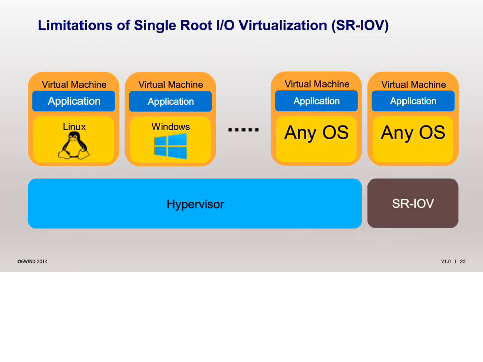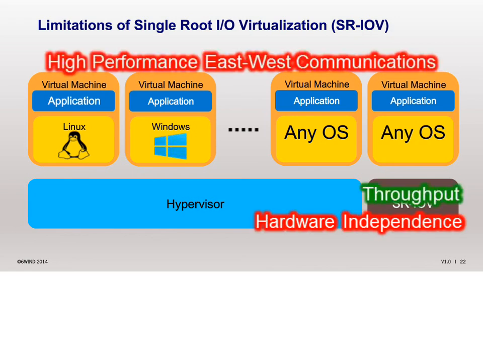An alternative to that is to use SR-IOV. SR-IOV removes the performance bottlenecks of the hypervisor. With SR-IOV, a physical NIC exposes a number of virtual functions that can be attached to VMs. VMs see each attached virtual function as if it was a physical card, same brand, same model as the real physical card. And in this case, throughput is improved, but hardware independence is lost. The VMs run NIC-dependent drivers,